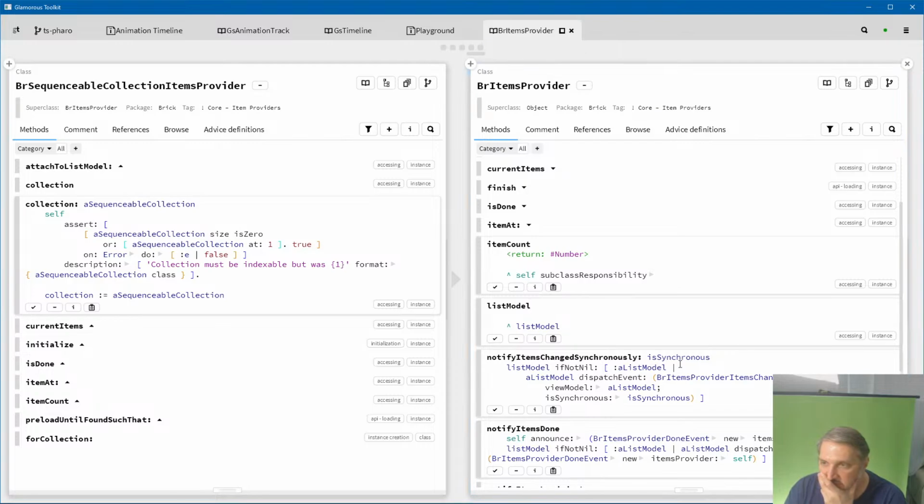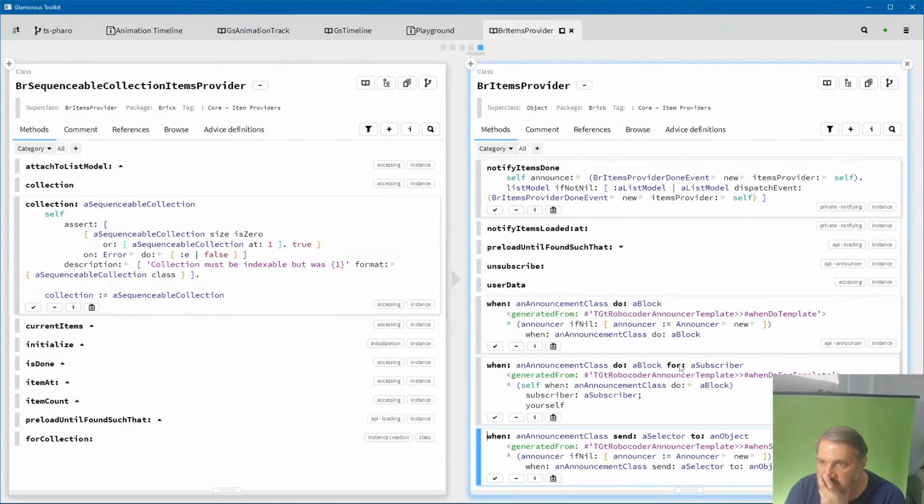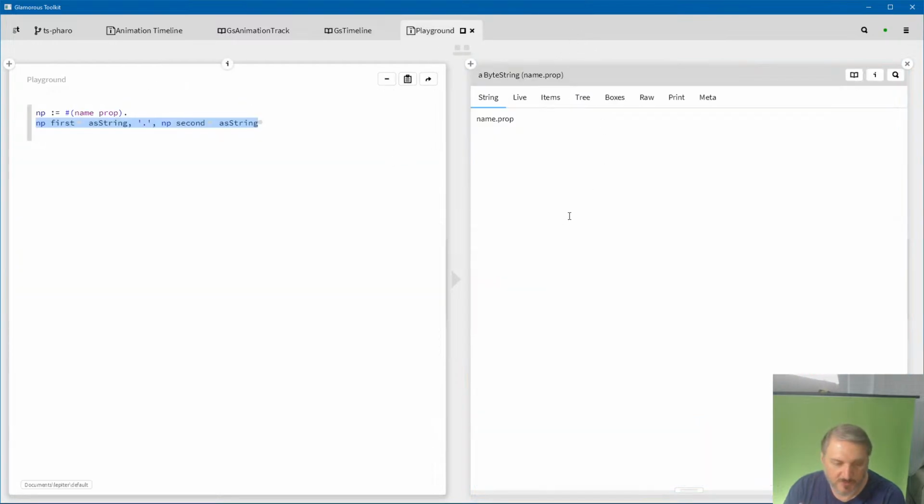Notify items change synchronously. Is synchronous. I don't know what this means. I don't think you can do this. I think in this world, you know, the way you do things is you